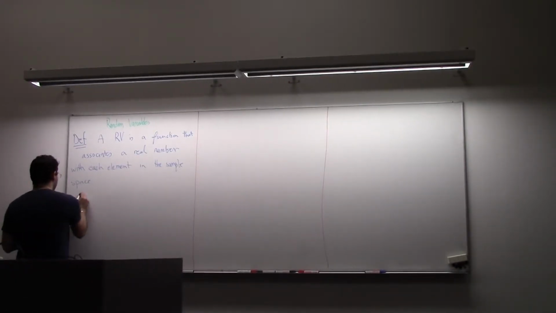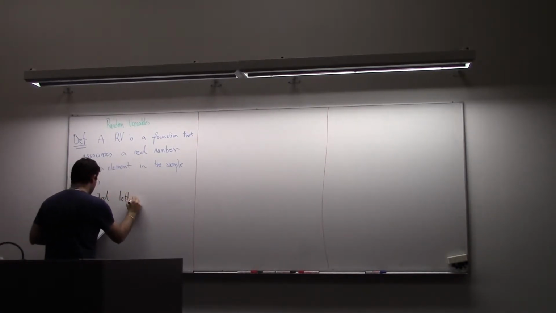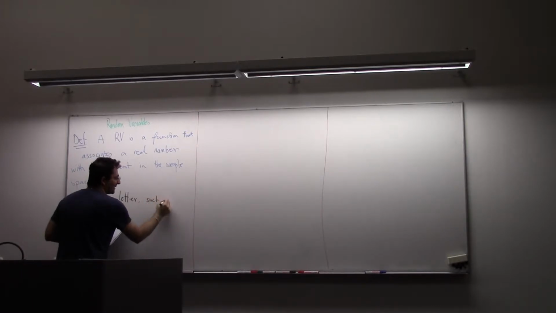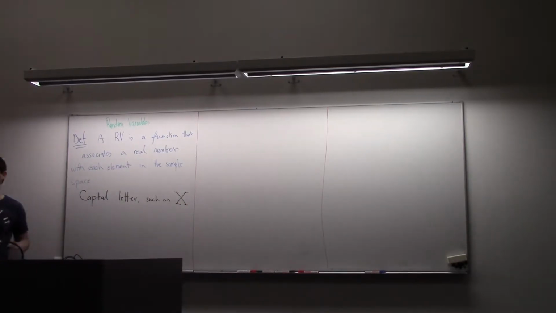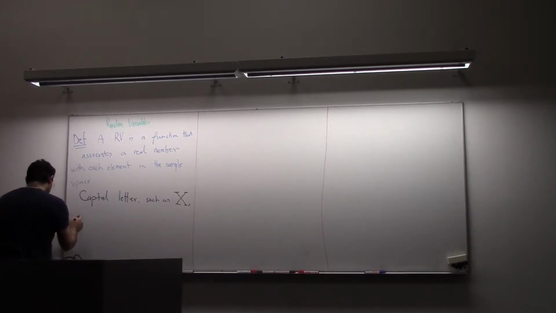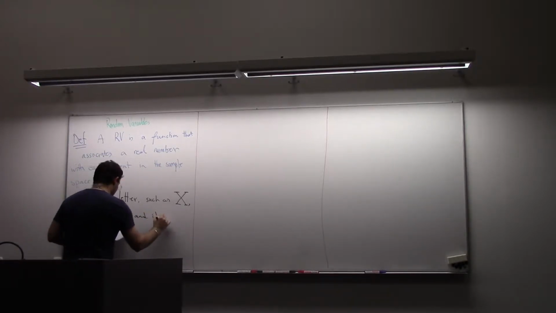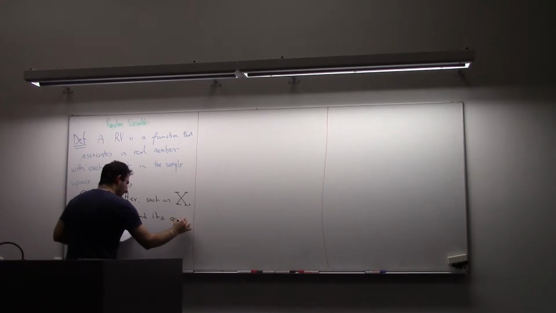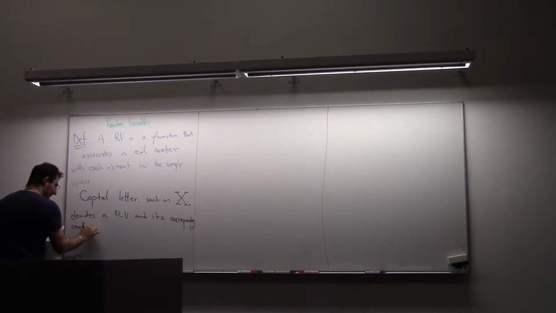And the notation is this: a capital letter such as X, and I put these lines in order to represent that this is capital, because my lowercase and capital case X are usually the same, denotes a random variable, and its corresponding small letter,